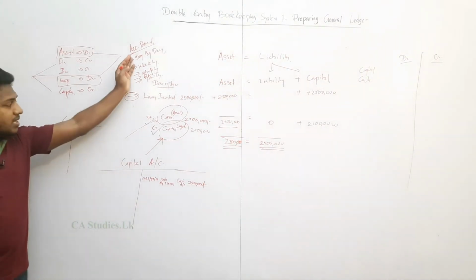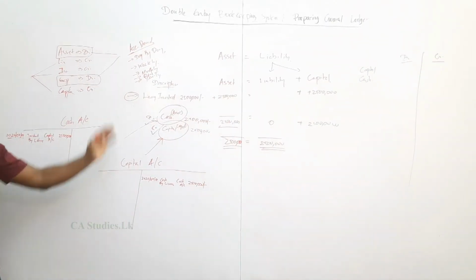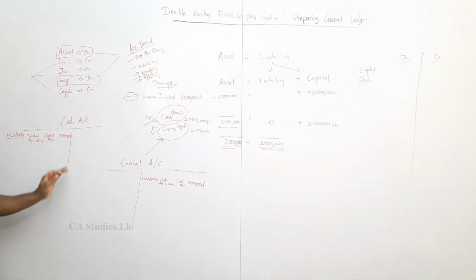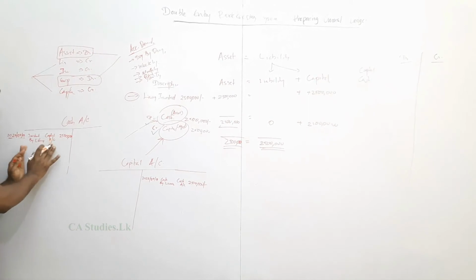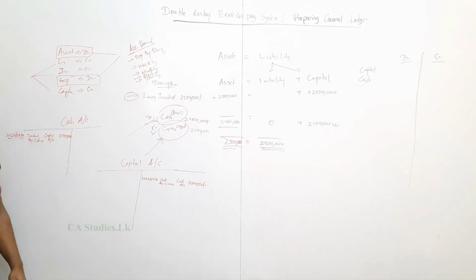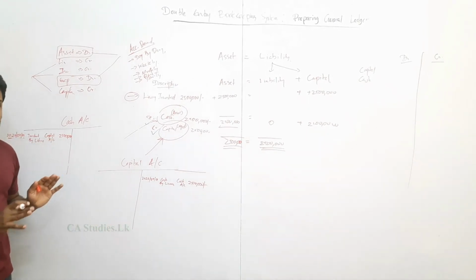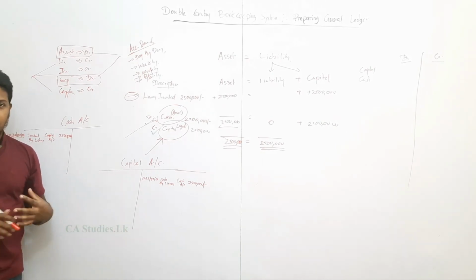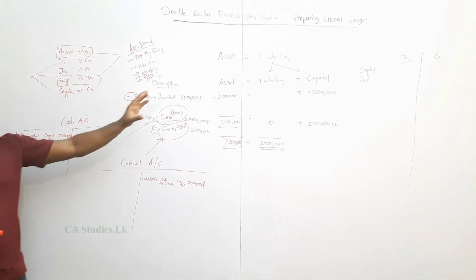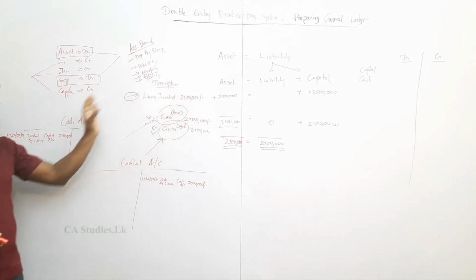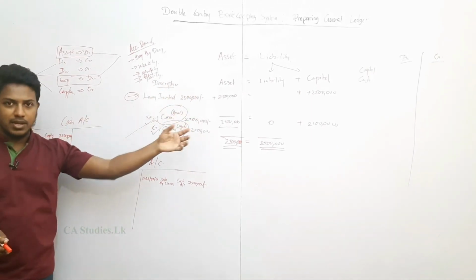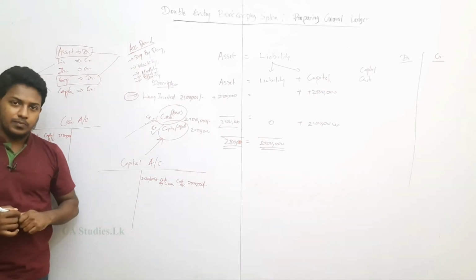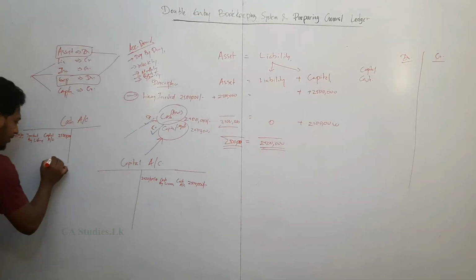So based on this accounting period policy, say this is a week, with only a cash transaction of 2.5 million. This is just an example. I'm not following our question, our question is different. This is just to give an idea of how to prepare the trial balance. If I take one example and do the trial balance, you will understand how we have to prepare. Now I want to close this.